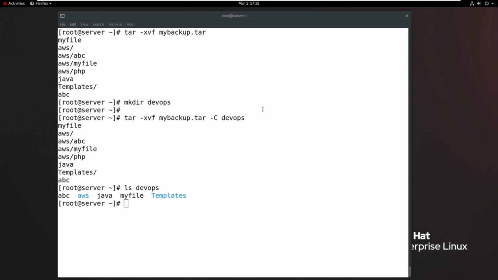So how software looks like this in a Linux environment, I will show you now. So now I open the Firefox browser.